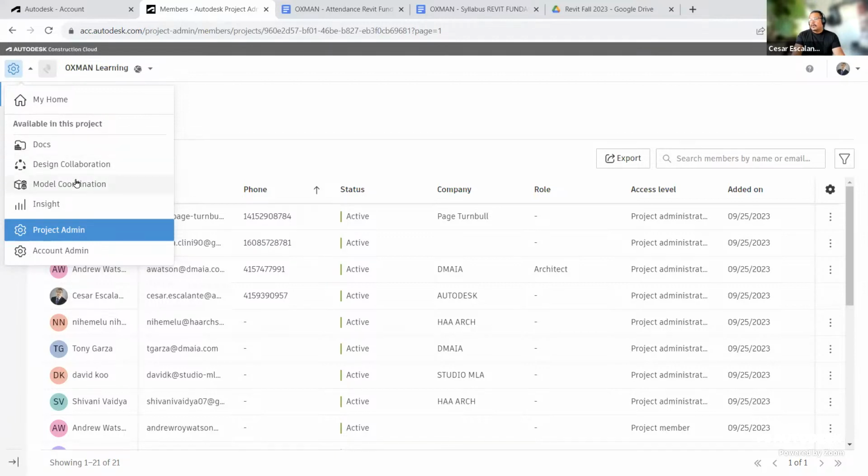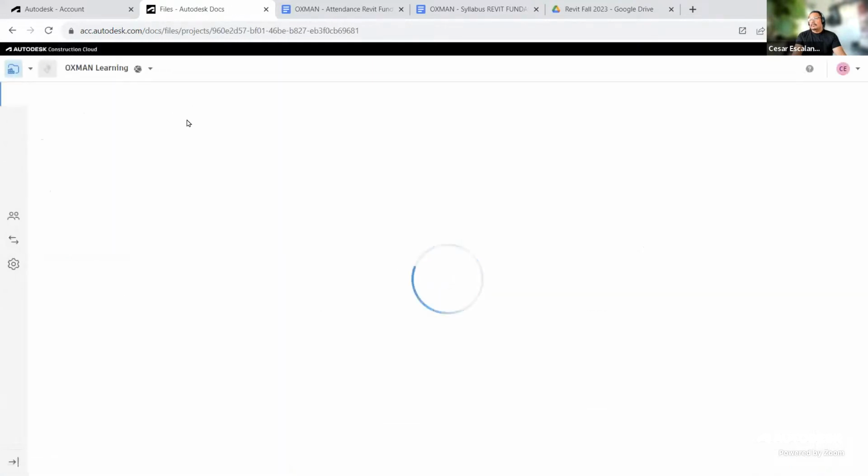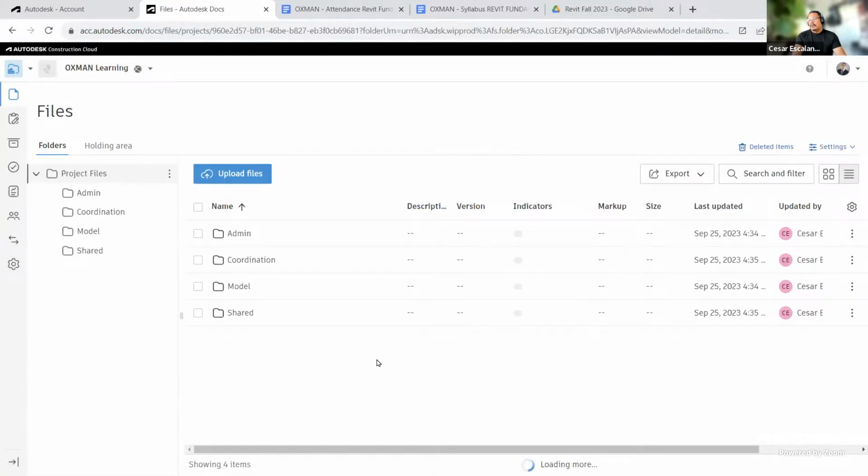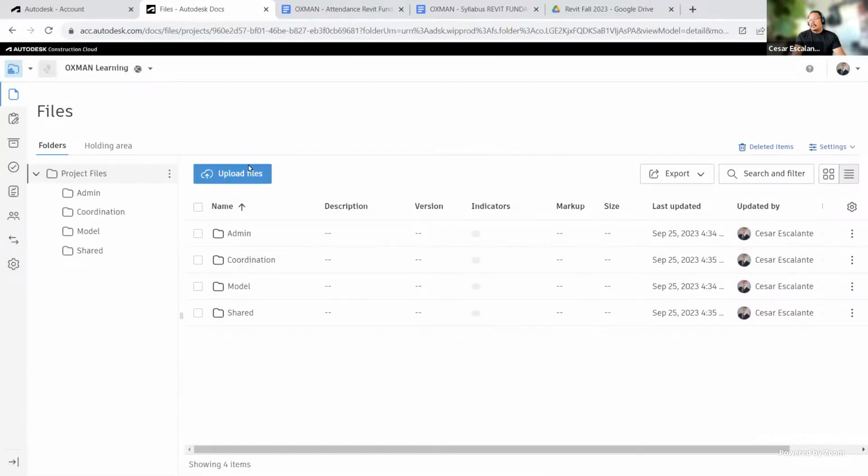Design collaboration and model coordination will be visible to you if you bring a seat of BIM Collaborate Pro, and if the project administration entitles you with access to these modules, and I just did that. Docs, if you can do this with me, you can swap your view to Docs, then you will have a folder structure. And then as project administration, you can organize the files as needed, where in general terms, you usually have a folder that has administration